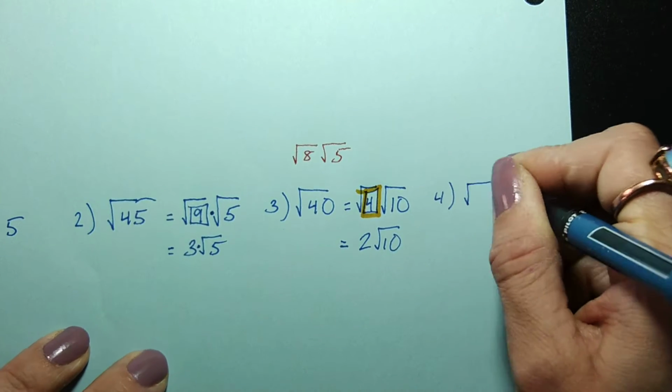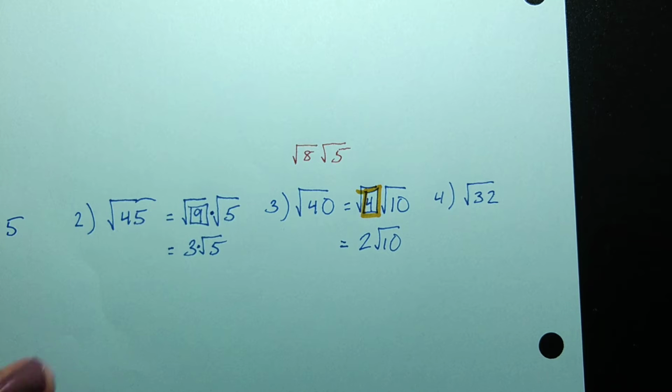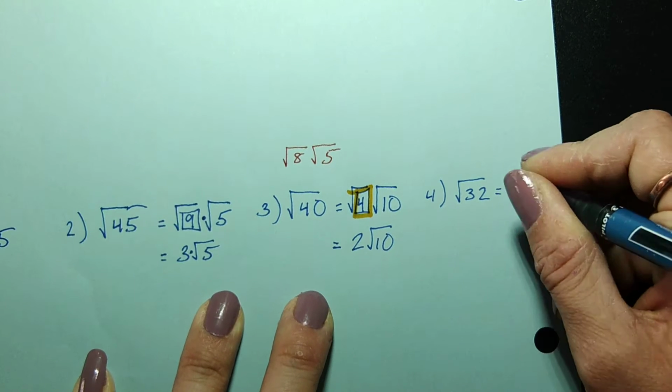Number 4, the square root of 32. Careful of this one. This one used to always trip me up when I first started teaching Algebra 2. What's the biggest perfect square I can take out of 32? Bigger! 16 is the biggest. So I want to show you what happens if we don't catch the 16 right away. If I just say 4 and 8,